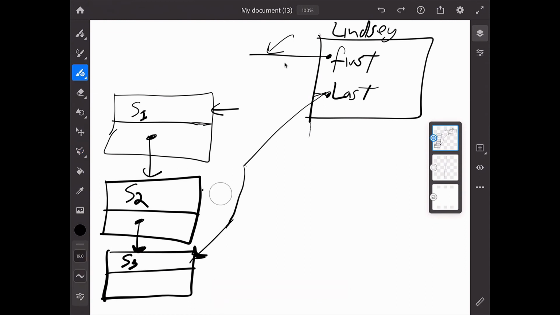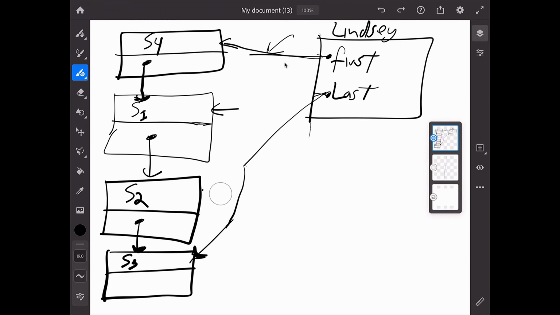Okay, so student 4 now comes along. Student 4 does have a reason to go to the front of the line. So what Lindsay can do is she can say, all right, you're now at the front of the line. And so she tells student 4, all right, I know who was at the front of the line. You're now at the front of the line. So after you get your permit, you call student 1, and then she remembers who's at the front of the line. So now we are able to put student 4 at the front of the line in a constant time